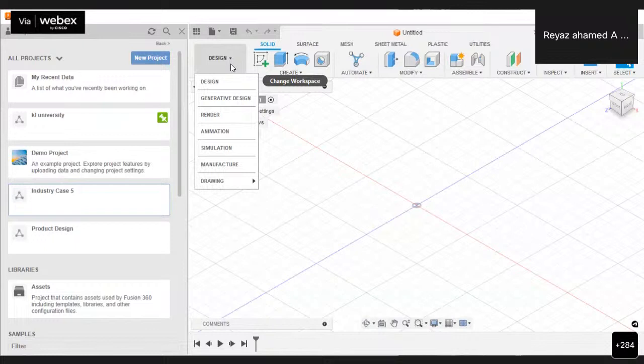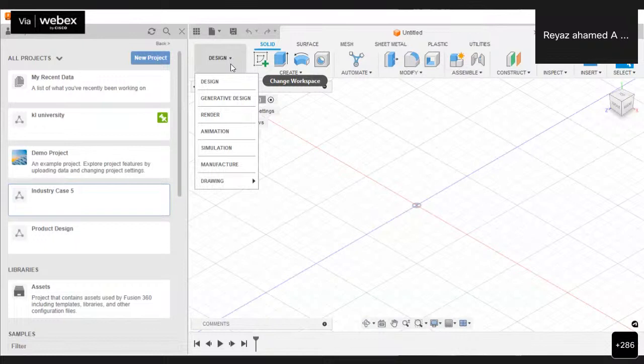That is what we're going to see today in the solid modeling part. Not only that, you can go ahead with generative design also. Generative design is basically an AI based module, an AI based workspace. I hope you all know that AI is nothing but artificial intelligence. If you give some inputs about your designs, you may get the designs from the software itself. So we're going to give some inputs, and then we may get automated designs.